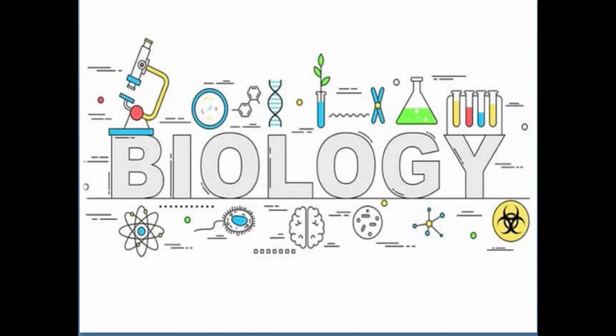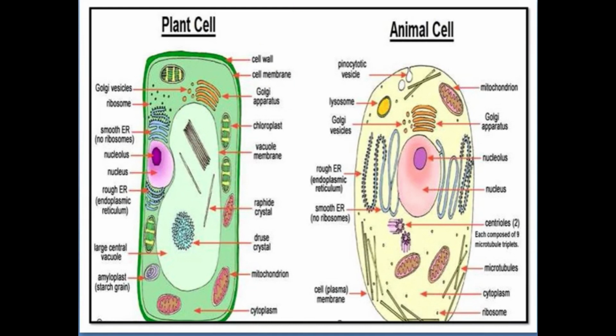So now we'll continue our chapter on cell. In the last class, we started the cell, and now we'll continue this. In the last class, we discussed different scientists, who discovered what. Then we discussed eukaryotes and prokaryotes, and plant and animal cells. So this was the slide where we saw the difference between plant and animal cells, and this is